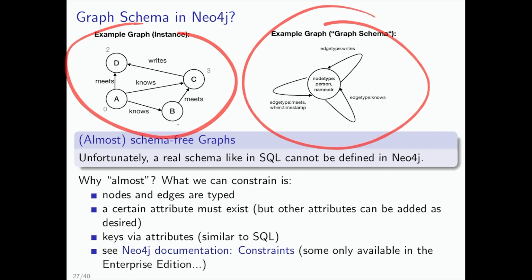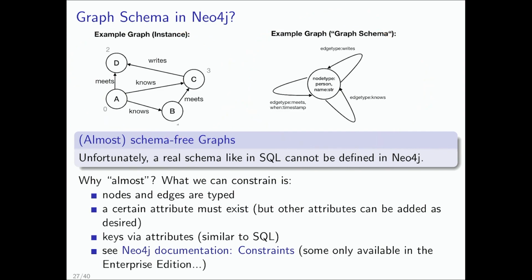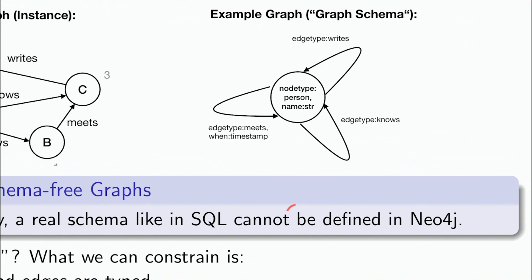So you can restrict the type of the node. You give it a name and stuff like that. So it's of type person. It has a name that's of type string and stuff like that. And if you zoom in a little bit, you have edge types like we had in the relational schema. You could also add attributes and stuff like that. So that's the kind of schema